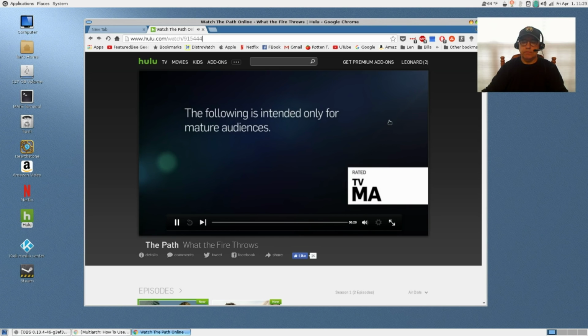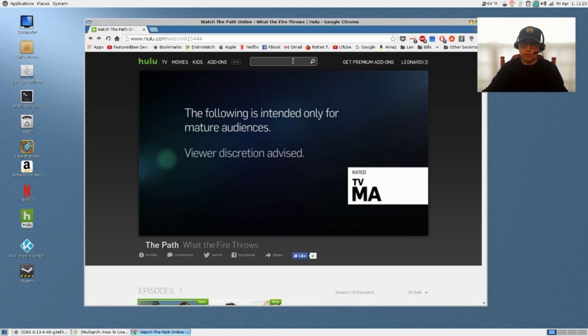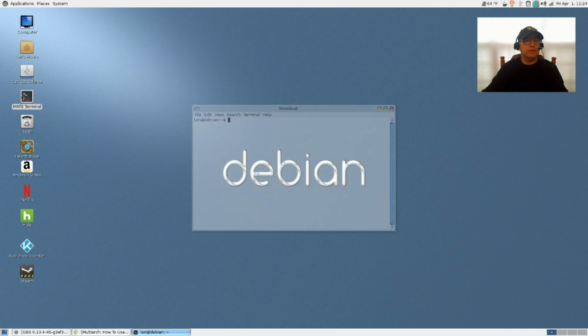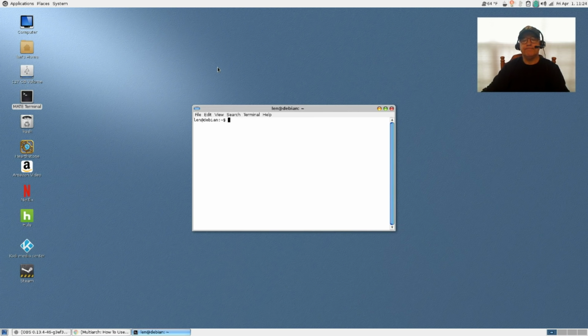So as you can see, it works fine, but it's not as nice and clean as ICE SSB. But really, that's your choice. You can use ICE SSB. I don't know. Let's see if it's available in Debian.